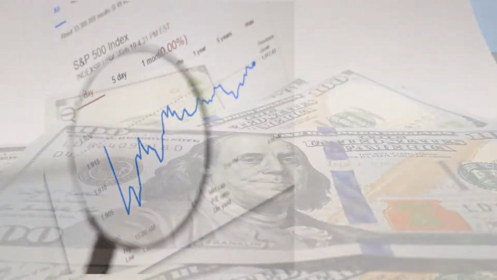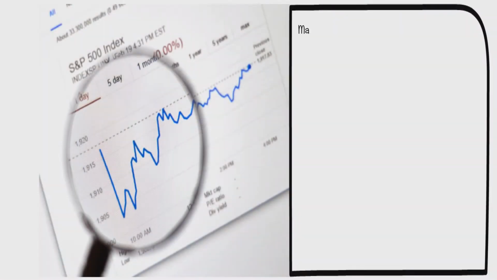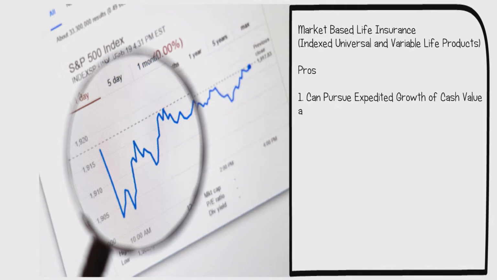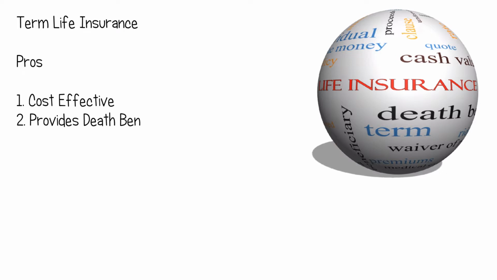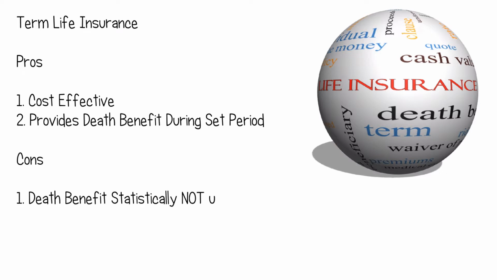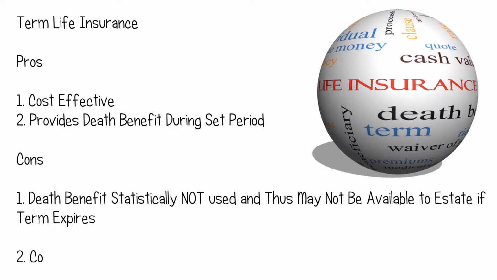In contrast, indexed universal life or a variable universal life policy is going to have the flexibility of the premiums. They can also go up, costs can go up, and that can all be impacted. The death benefit can be impacted. With term policies, that's basically just securing a death benefit for a certain period of time. So it's the cheap option. However, the cost of term will inevitably rise. If it's a 10-year or 20-year term, it's at the end of the term. If it's an annual renewable, then you've got rising costs every year.